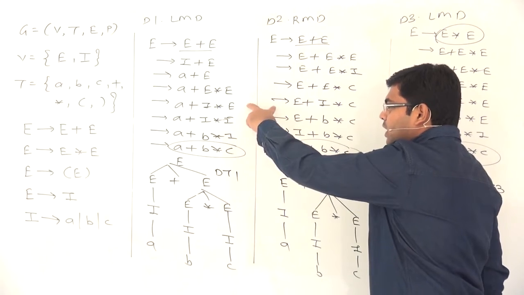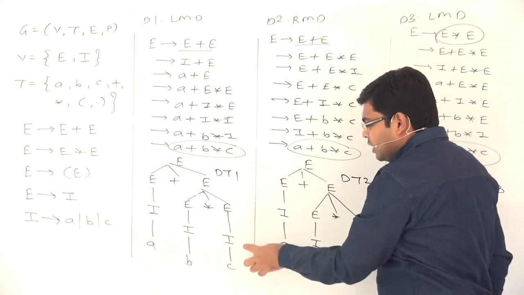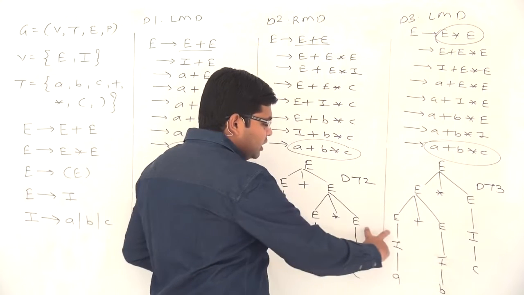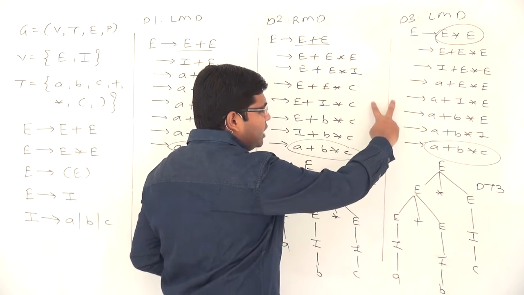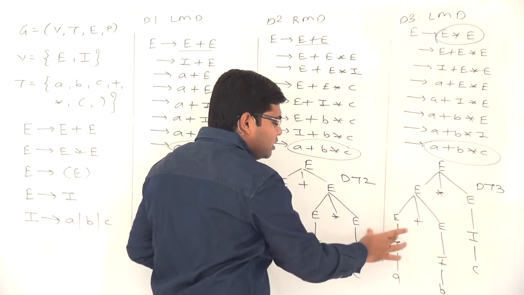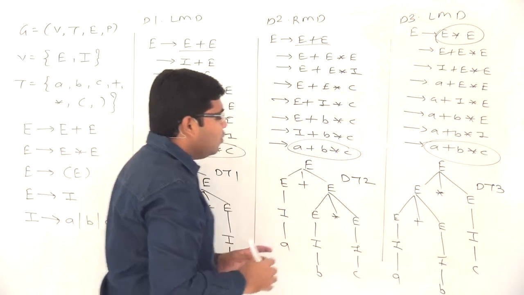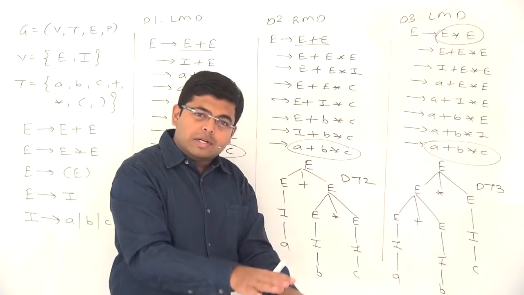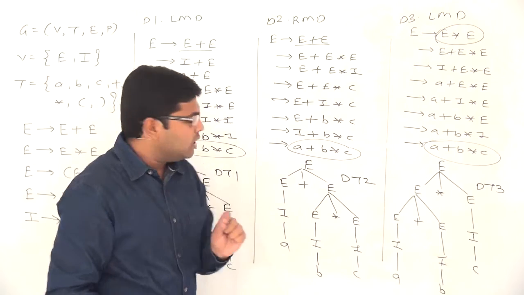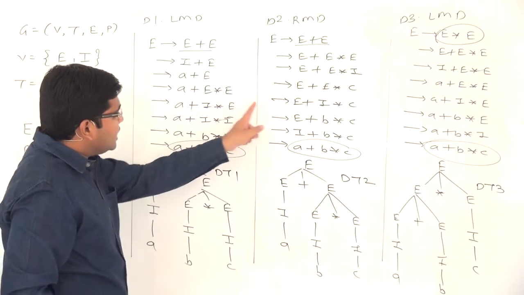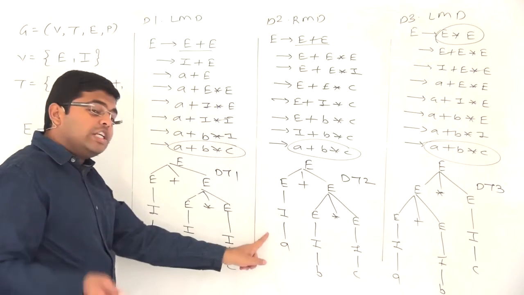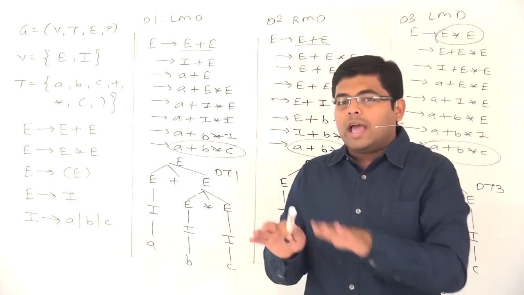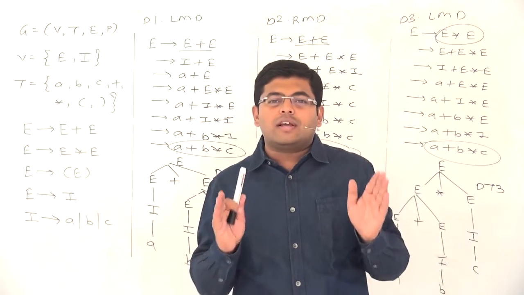Here derivations are different, trees are same, derivations are different. Here trees are different, derivations are different, trees are different. Now trees are different, therefore derivations will be different, it's a correct argument. But derivations are different, therefore trees will be different, is an incorrect argument. So at this stage, let us be very clear with these conclusions.